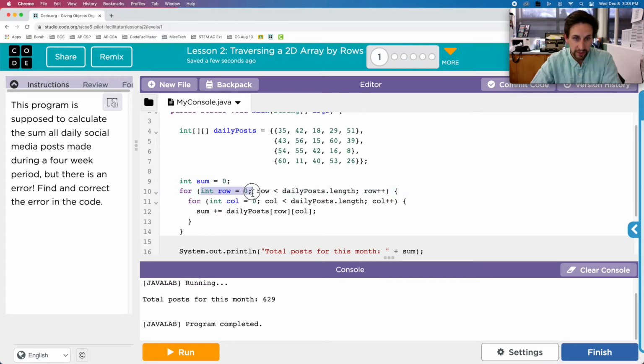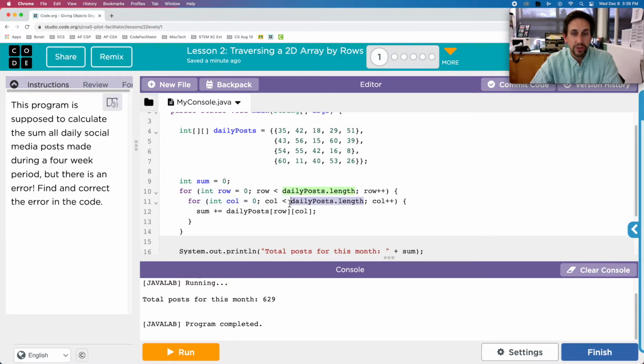And so it's our row major form, so it's row. Row is less than daily posts dot length, row plus plus. That looks fine. In our inner for loop, we are going through the inner arrays, and we're saying int column, so these are also representative of the column 0, and then column is going to be less than daily posts